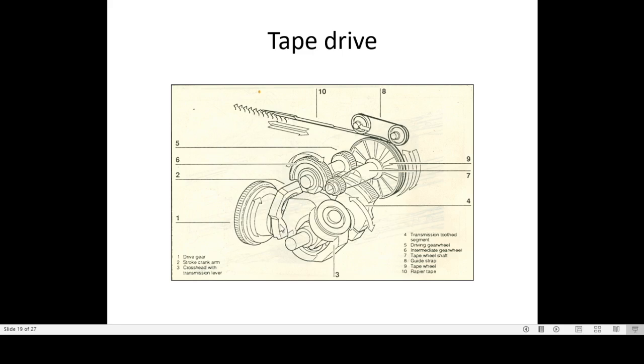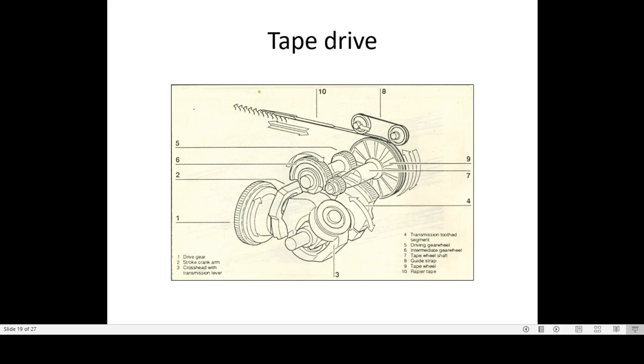This is called the stroke cam. So we can move the position of this connection towards the center or away from the center. Thereby we are adjusting the stroke of the rapier. So this is how the drive comes, the transmission. Then the quadrant drive is there, a half gear quadrant, also called the transmission tooth segment. This gives drive to this gear,